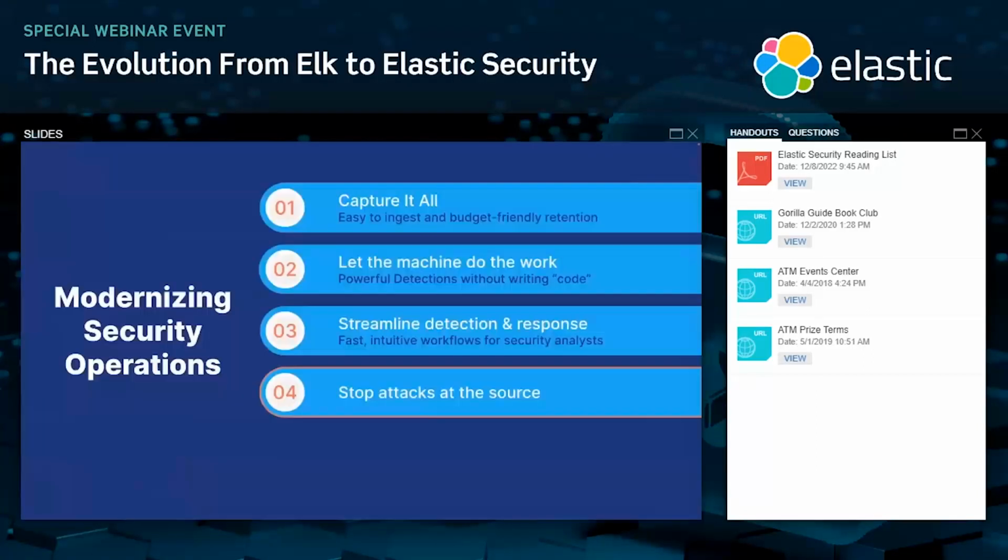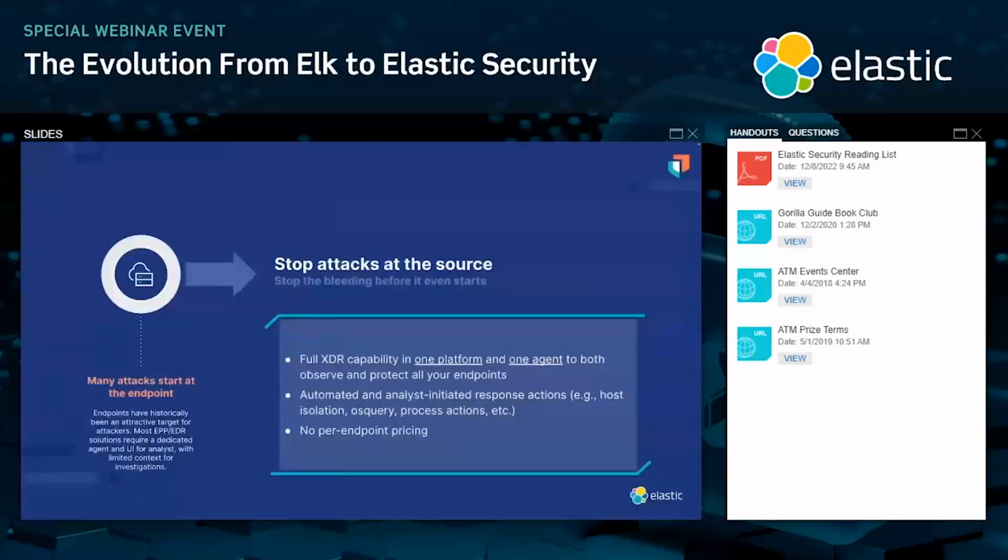Expanding our slides. What is it that we saw in this demo? Well, we saw most significantly that XDR functionality, that detection and response on our endpoint, being satisfied from that same Elastic platform, that Elastic Security solution, via that same Elastic Agent ingest architecture that just has one more integration applied to it called Elastic Defend. We also saw data being quarantined automatically, processes being killed automatically. We saw that we can have analyst-initiated process kills and things like that as well. And it is a differentiator for us in the space.